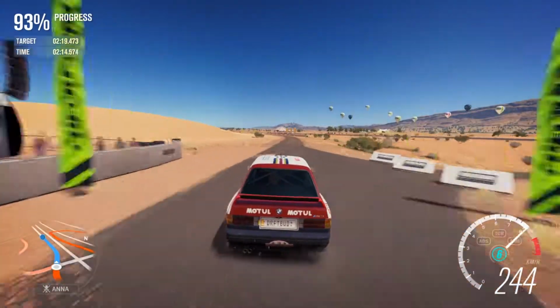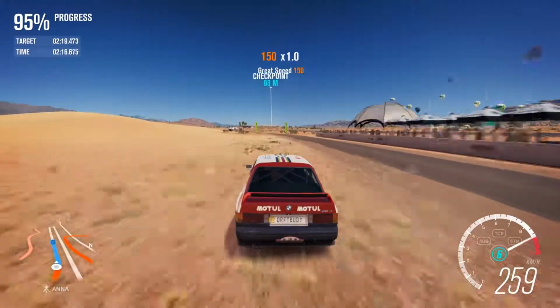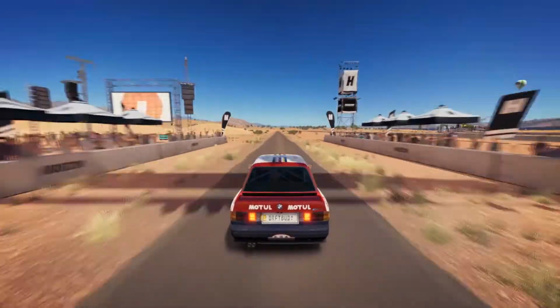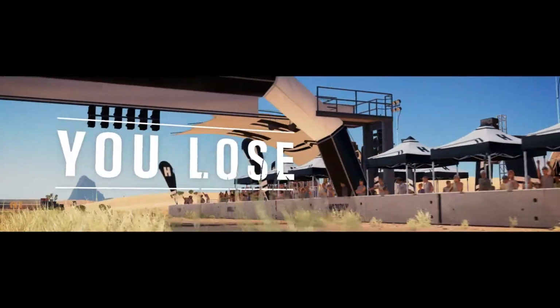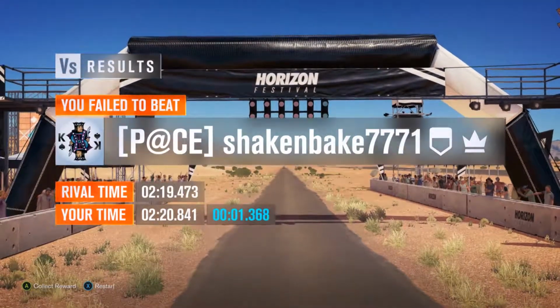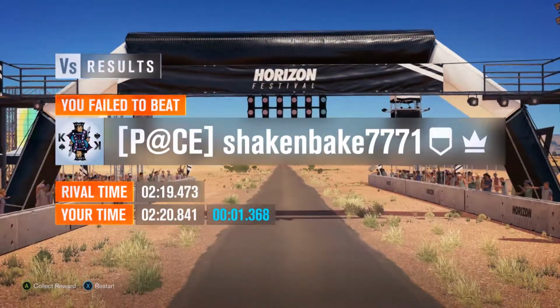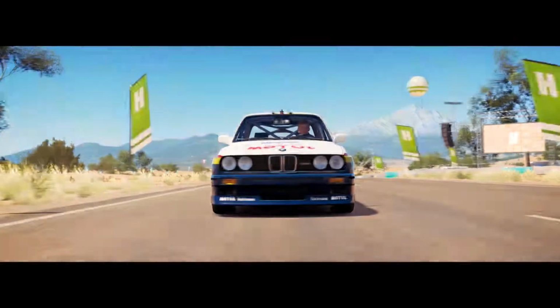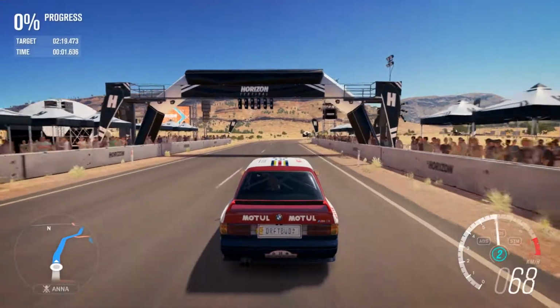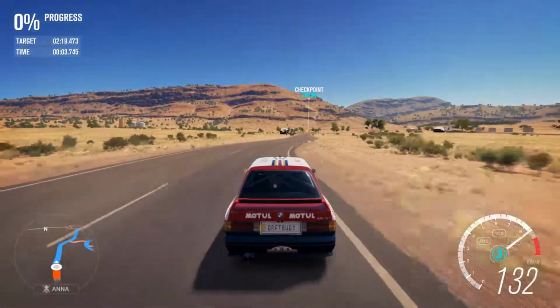Every run I did was cleaner, and I started to learn the car, where I should slack off and where I should accelerate. This was the first car that I will show you the corner, or tell you when it's the corner. It's just at the top of the hill,